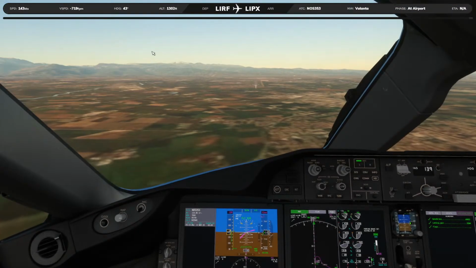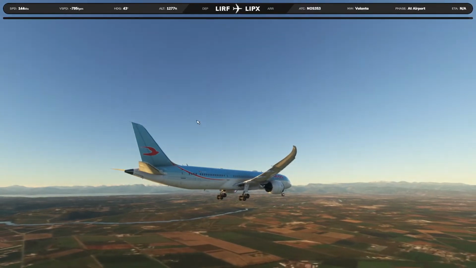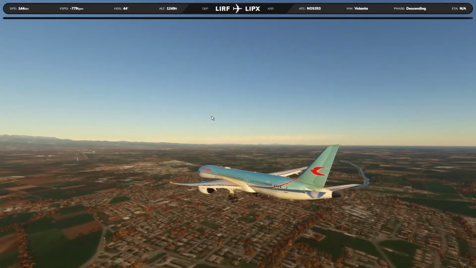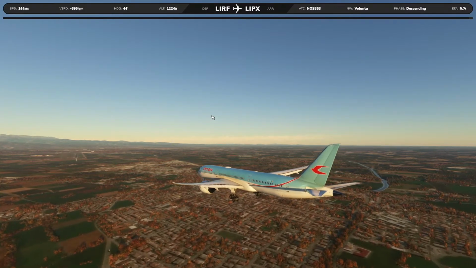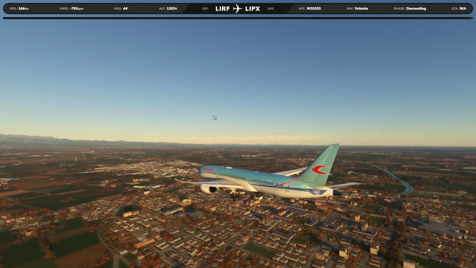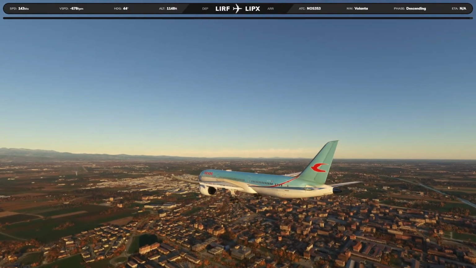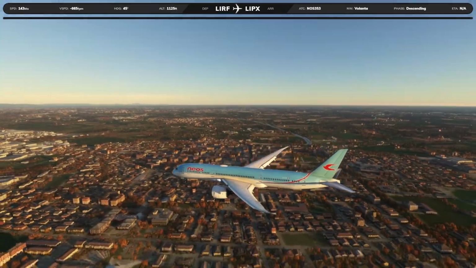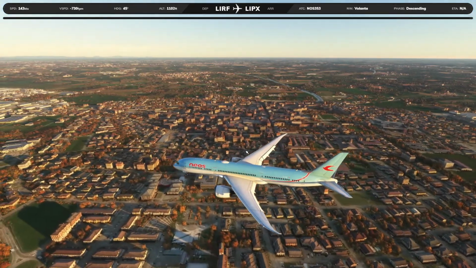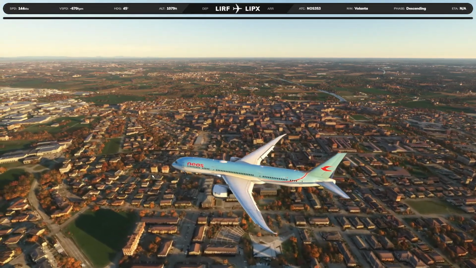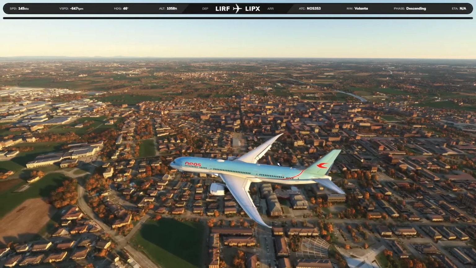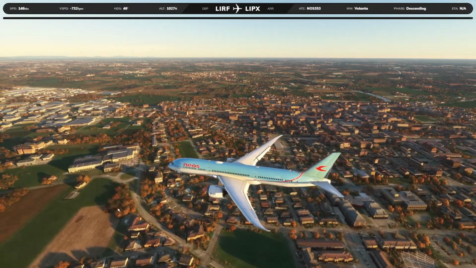All right, there we go. Look at this beautiful scenery. Wow. Look at the details, the buildings, the trees with the AccuSim.